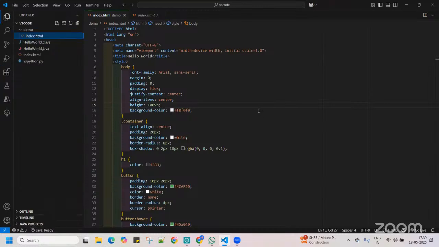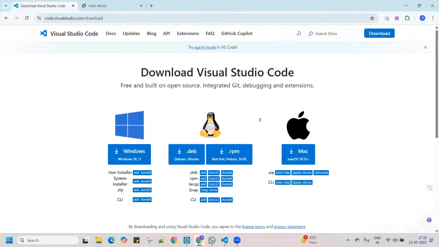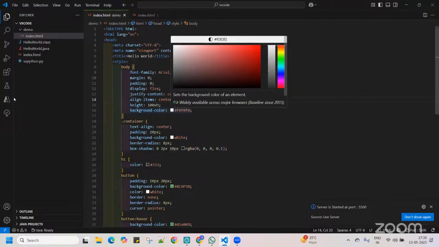Now I'm going to run this file. Open with live server. You got it right? This is a simple sample file for HTML. Okay, so I'm going to VS Code. Okay, this is the sample file. You can give Control S, it automatically saves. Okay, here